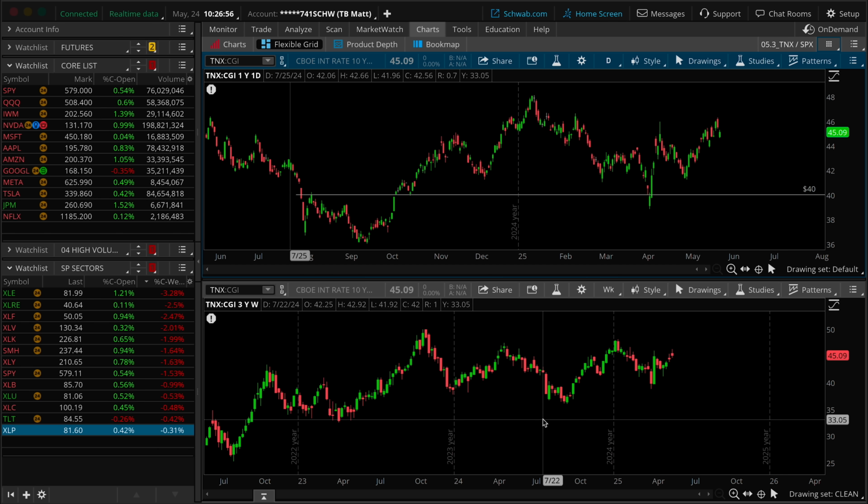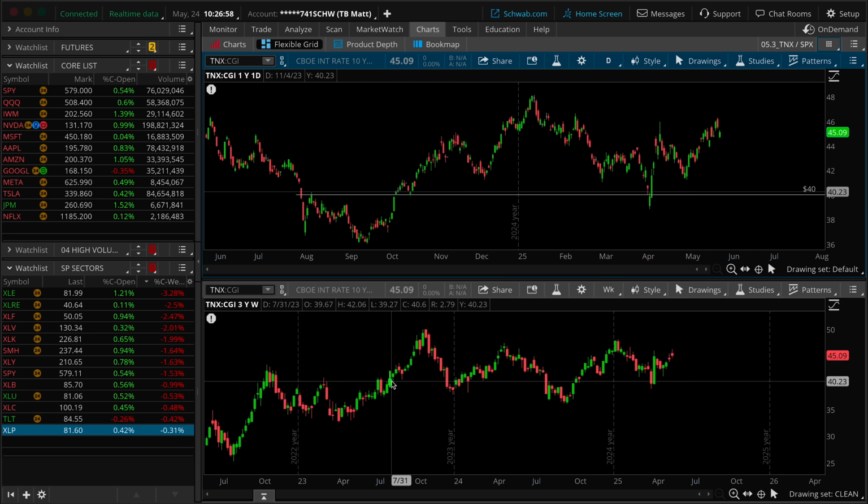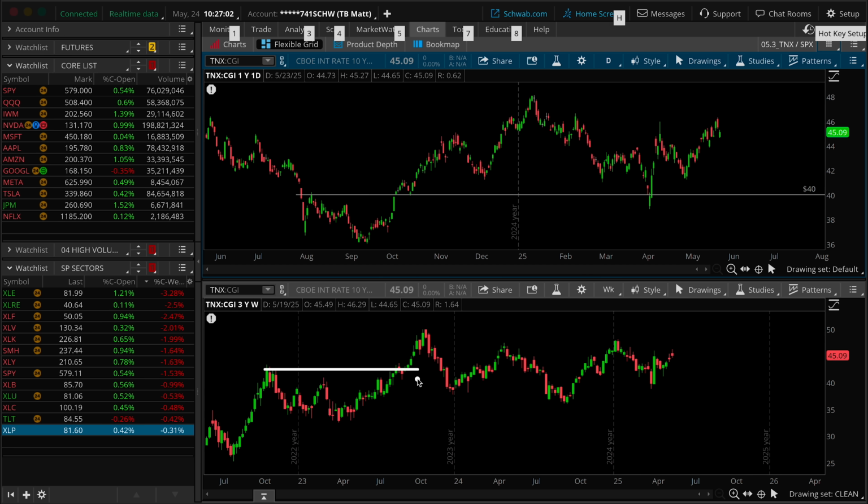Equivalent to this might be if we look back, remember we were comparing to the Fitch credit downgrade. When Fitch downgraded credit in August of 2023, rates actually broke out to a new high. Well, when we got the Moody's downgrade, everybody thought, oh my God, rates are going to move through the moon. We actually have not gotten a new high. Now, you could say it's early and it's just a matter of time and don't be a fool. That's fine. But until we actually get a breakout through that level to travel to 5% on the 10-year,